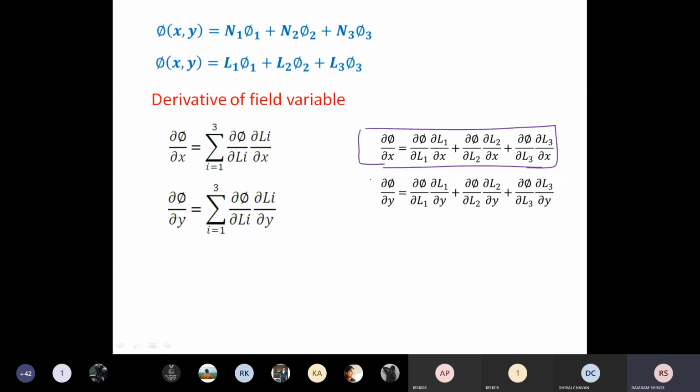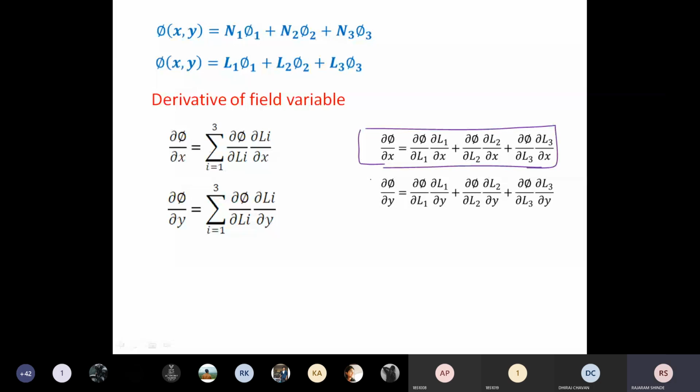Okay, now one more thing we need for calculation of the stiffness matrix as well as load vectors, that is the integration of the shape functions or integration of the natural coordinates. Now how can you calculate the integration of natural coordinates in case of a two-dimensional element? For a one-dimensional element, L1 raised to alpha, L2 raised to beta, that is equal to alpha factorial, beta factorial divided by alpha plus beta plus 1 factorial into L, and that is the integration of those natural coordinates over the